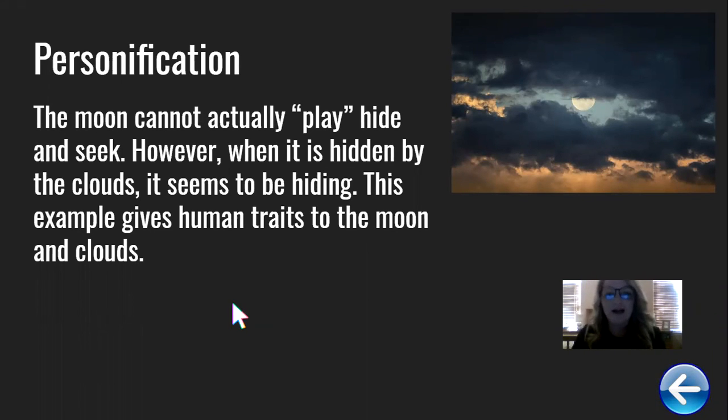The moon cannot actually play hide and seek, kind of like Otis the tractor cannot actually play. He cannot actually work. However, when it is hiding behind the clouds or hidden by the clouds, it seems to be hiding. This example gives human traits to the moon and clouds. Okay, so you can see that word person in there again,